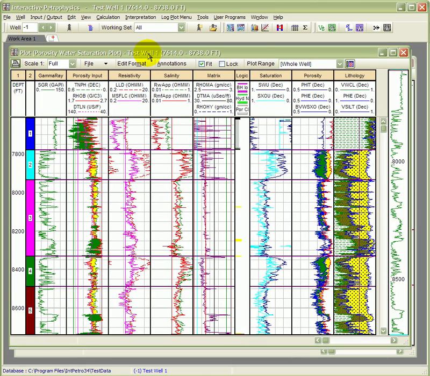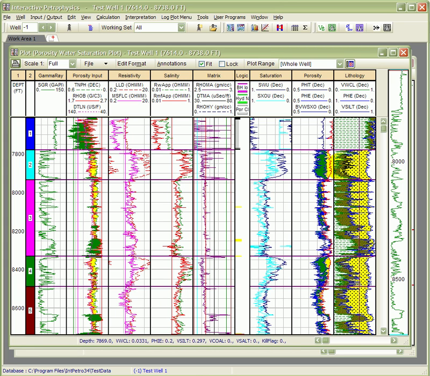The porosity water saturation interactive log plot is shown. The second track shows the zones from the clay module. The next track is the neutron, density and sonic input curves with their clay parameters. Next is the resistivity curves and their clay parameters, RW apparent and RMF apparent. Matrix density, water saturation curves, porosity curves with a movable oil plot, and finally a lithology plot showing sand, shale,